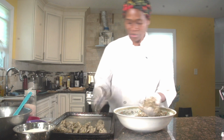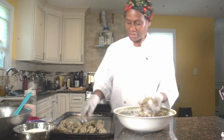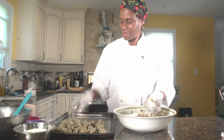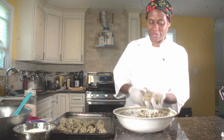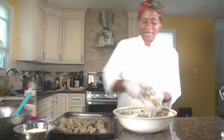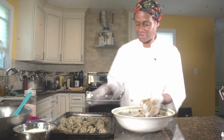This is the more tedious part, just to get them on the cooking tray. But once they're done, they're very delicious. You just get it all on there. It's best to get one of these little small ice cream scoops. It makes your life less complicated. I'm just gonna get all of this on here, and then we just